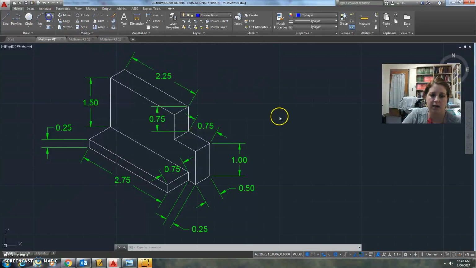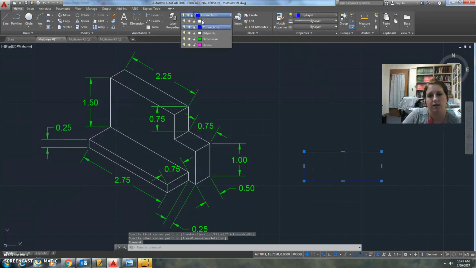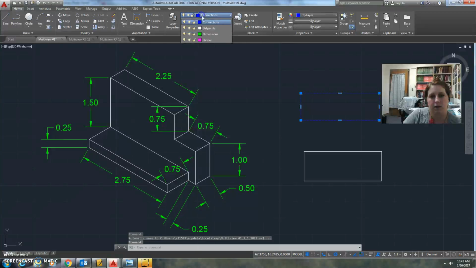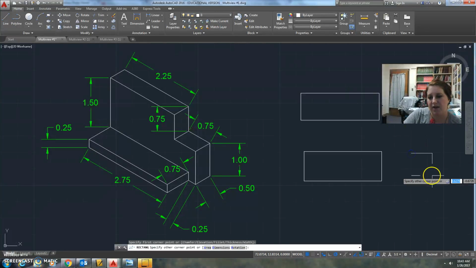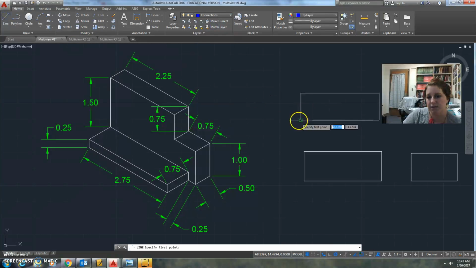So you're going to make your objects, and I'm just going to do this haphazardly. Oh, I'm in the wrong layer. So that's one object, and this is my top view, and that's going to be white. Stay in the object layer, and this is my other view. So this is my top, my front, this is my right side. Then you're going to come in and go to your connections, and this is where I want you to connect your layers. Yours should be at 90-degree angles if you do them correctly,